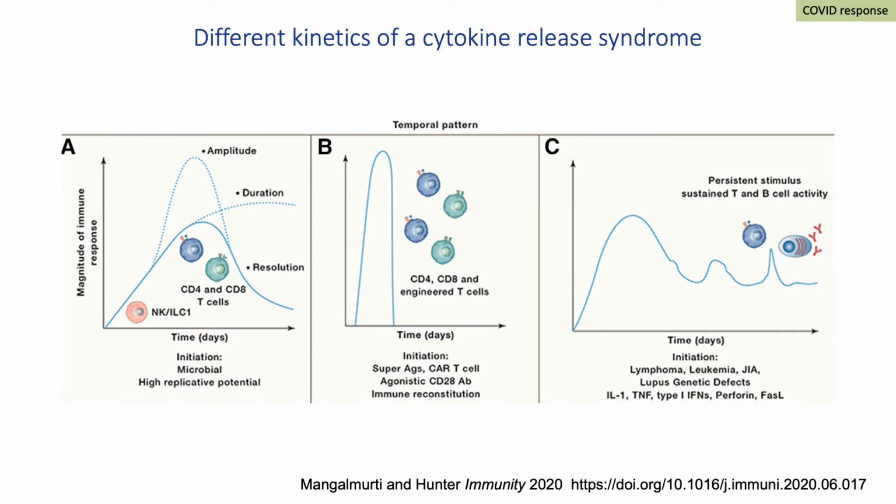Now, this has led to the concept of a cytokine release syndrome or a cytokine storm. This has not been invented for the COVID response, but is actually a well-recognized clinical syndrome, which was particularly evident in, for example, children with hemophagocytic syndromes, but also after some microbial insults. It was recognized with very tight temporal relationships with the administration of CAR T cells in oncology, where very high levels, if you look at panel B, very high levels of cytokine responses were measured in a short period of time. And occasionally there are more chronic phases of this. But I want to turn particularly to this hyper release of cytokine.